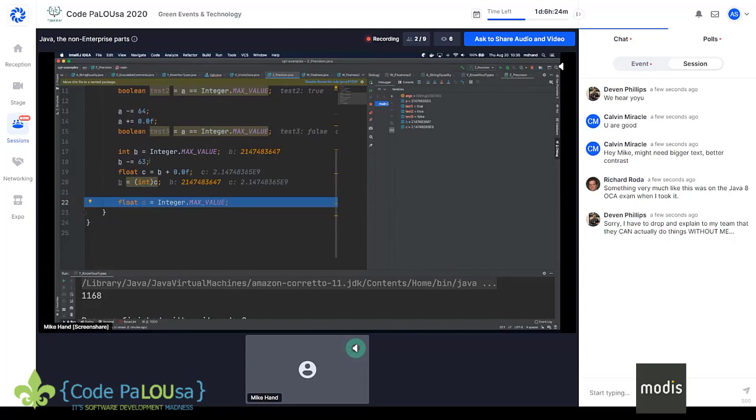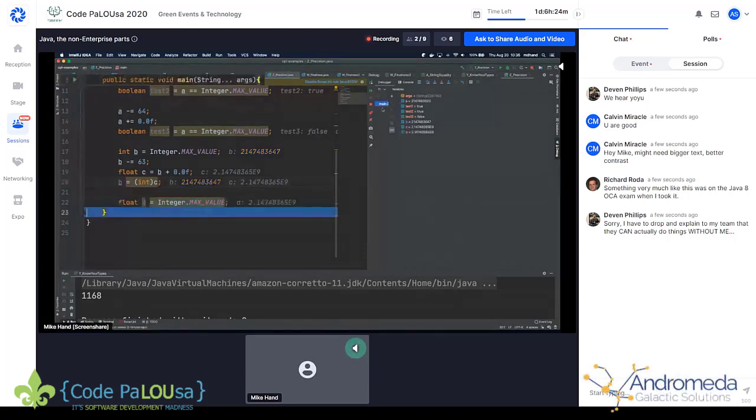We had subtracted 63, but when we add 0 as a float, we're going to end up back at integer max value. And then we check if d, the float, equals integer max value. Okay, yeah, here. So this is the float value of the integer max value, and you can see that it's not very precise.